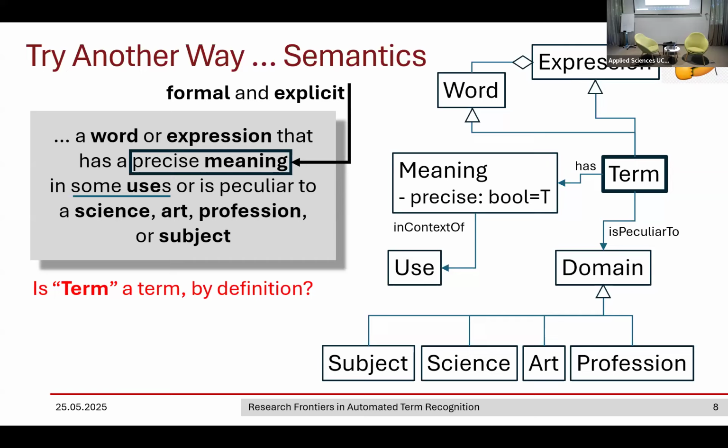Anything I missed here? You'll be surprised, a lot of things. The first is the answer to a question, is an expression term indeed a term based on this definition? What do you think? What does your intuition hint you? Is a term as an expression, as a short string, a term? Yeah. It does not. It does have a precise meaning, at least up to the precision of the UML class diagram.